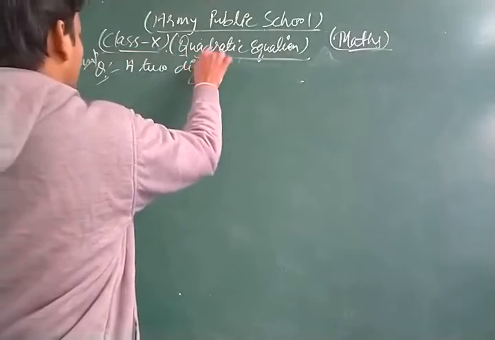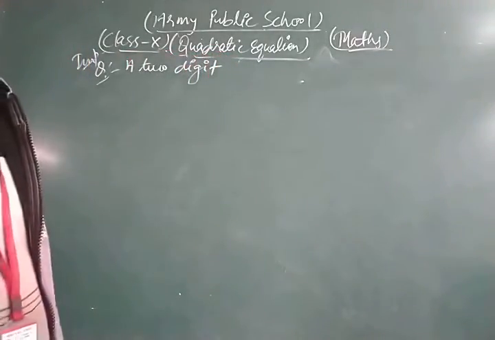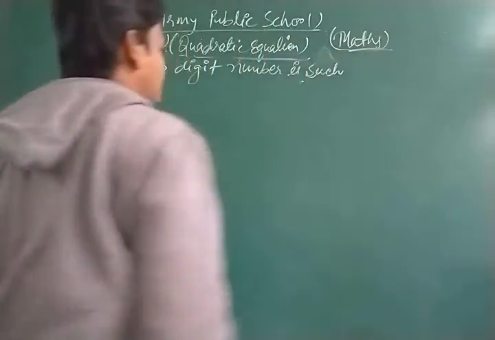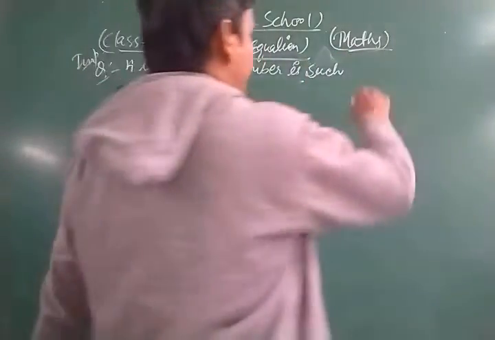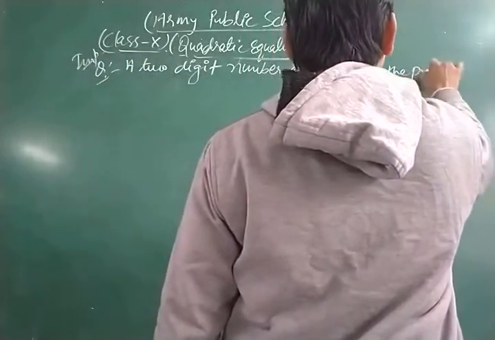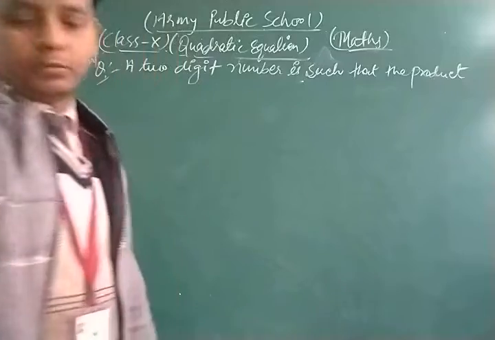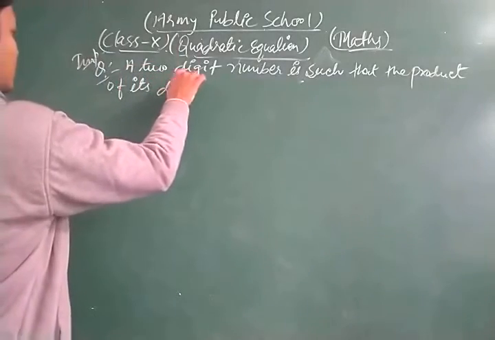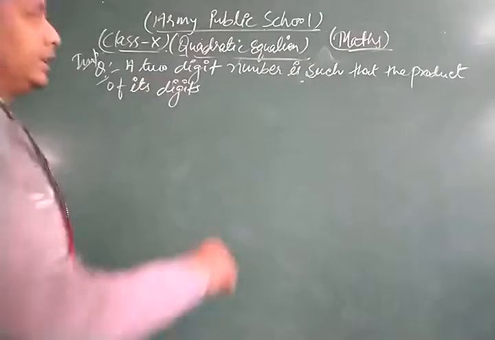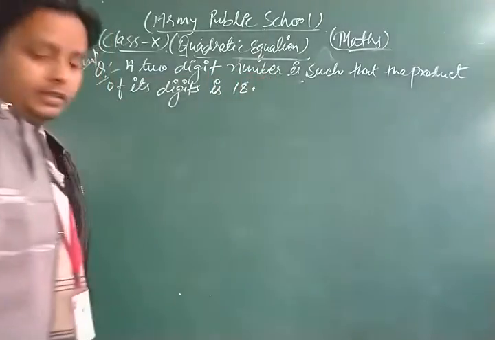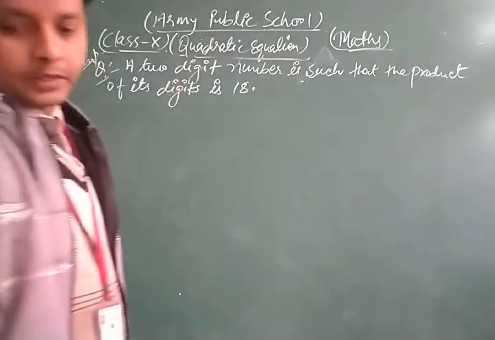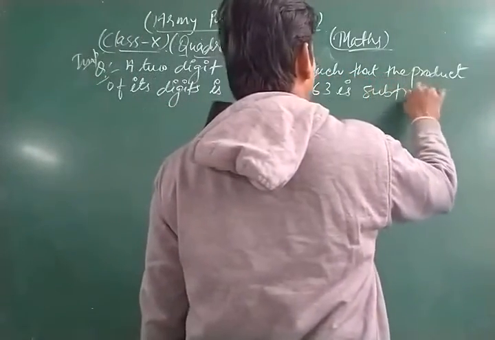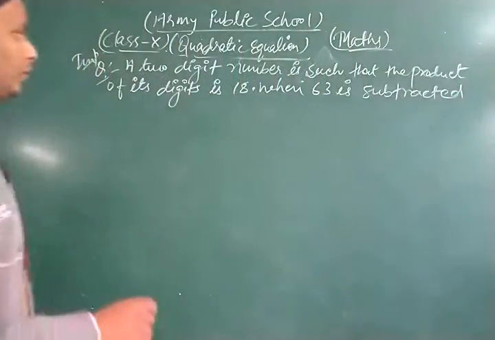A two-digit number is such that the product of its digits is 18. When 63 is subtracted from the number,